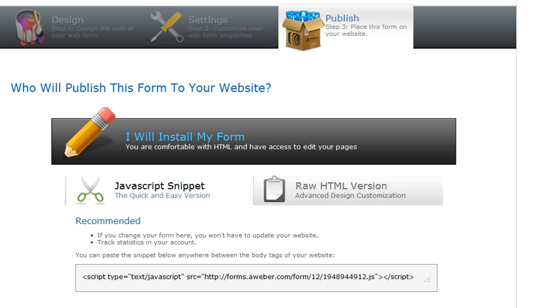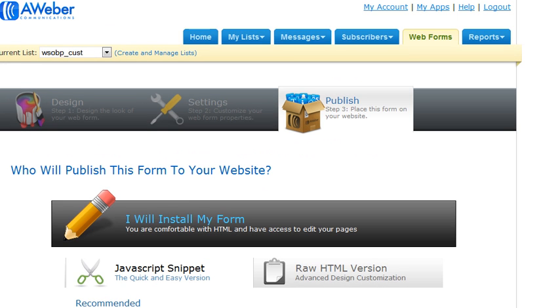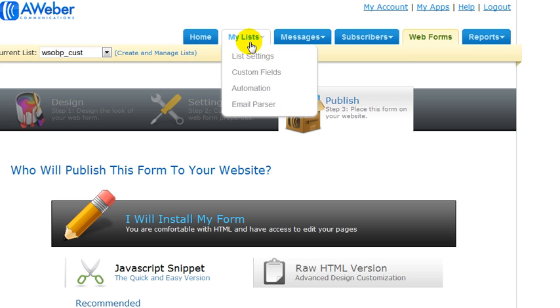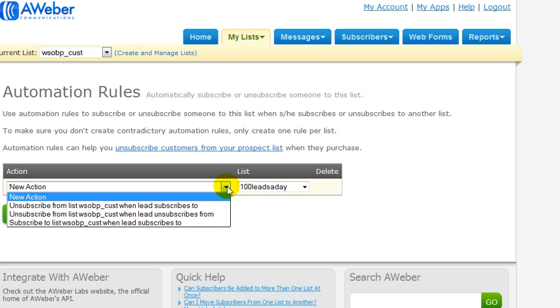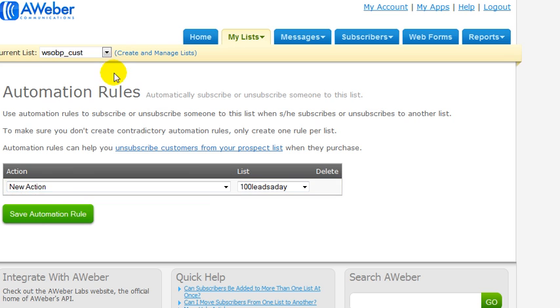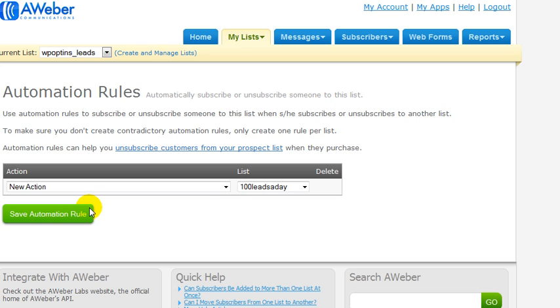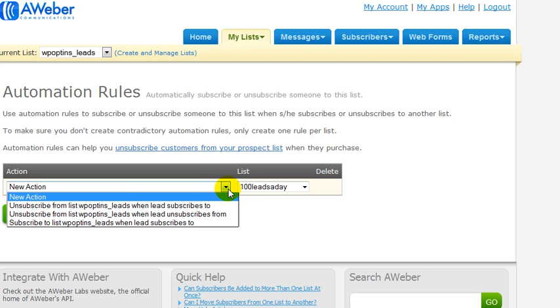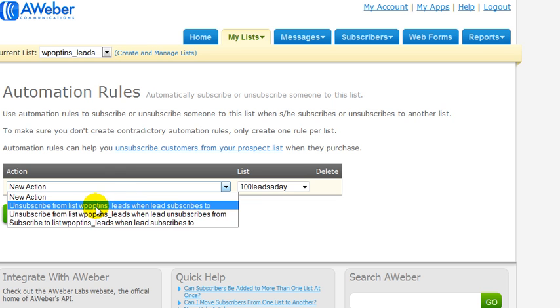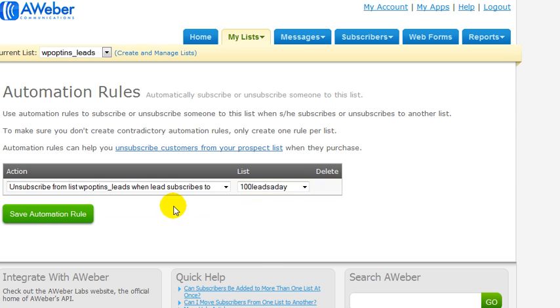So the last thing you want to do is set up an automation rule so your customers are removed from the lead list. If you have a squeeze page or an exit pop-up and you're adding people to that, then you want to go to My Lists and Automation. Okay, so we want to unsubscribe from the leads list, right? So we'll go down to WP opt-ins leads, and we'll make a new action. Unsubscribe from WP opt-ins leads when a lead subscribes to